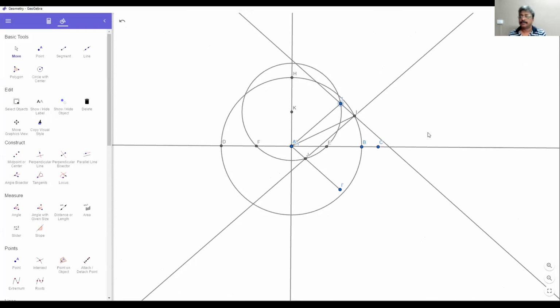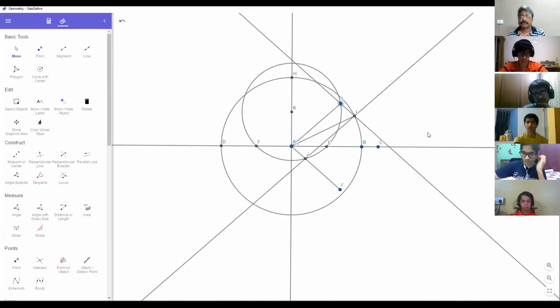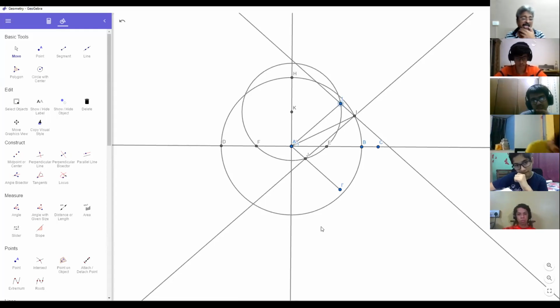Why is it blurred? Okay, so you can also spend time on that and figure out whether you can decode it and tell me later on, so that we can have a separate recording of that solution. I remember I had done it about 8-9 years before, but now I am not able to do it. Anyway, okay, so now continuing with this loci.